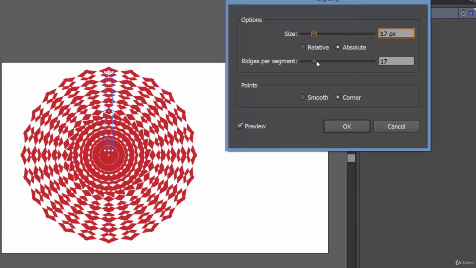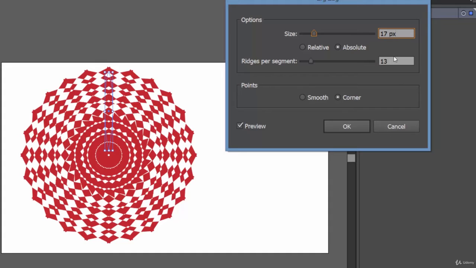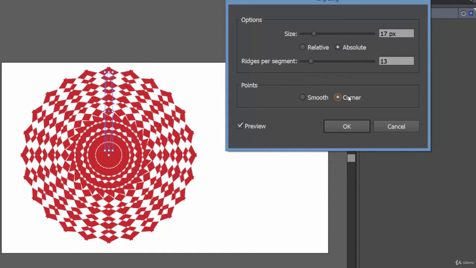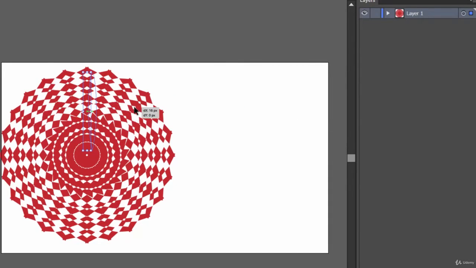And it was 13, I guess, right? 13 or 16. Okay, I think it was 13 only. And here is the option for smooth or corner. Let's make it smooth and see. Okay, so let's click on OK for now.